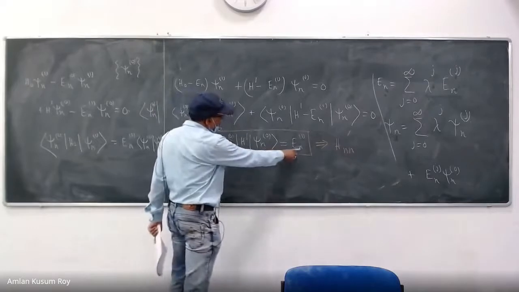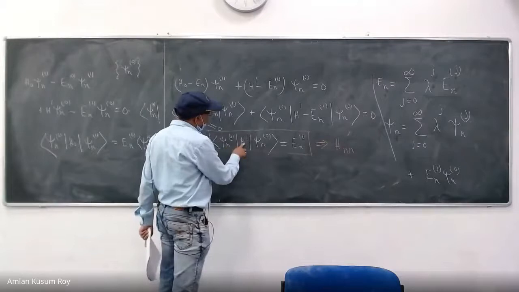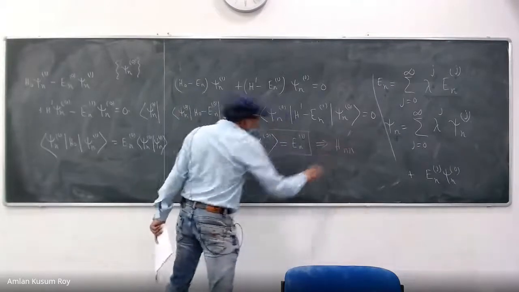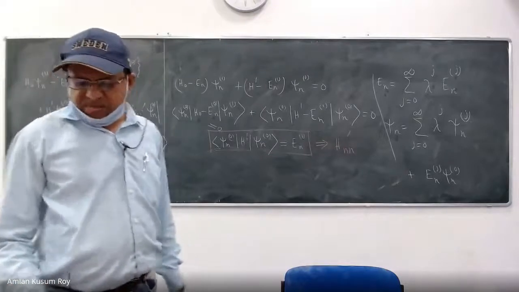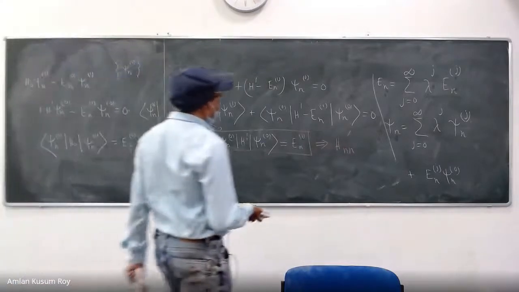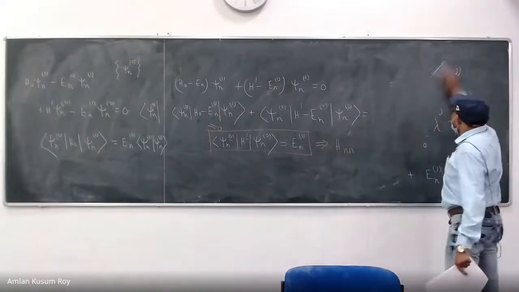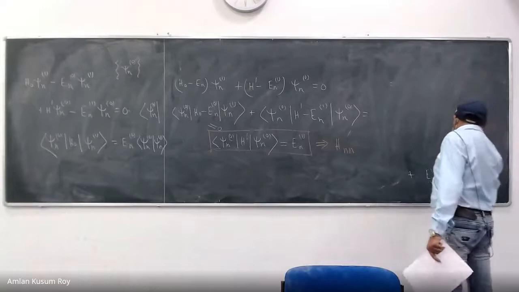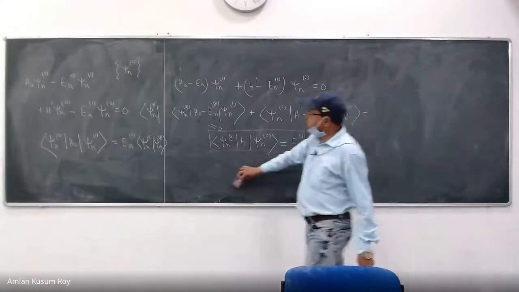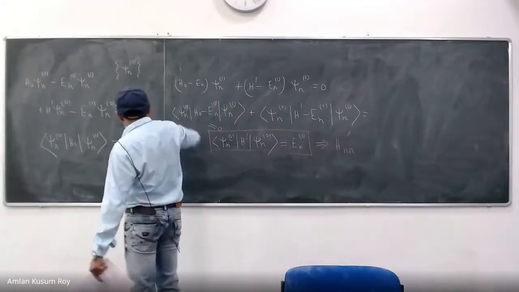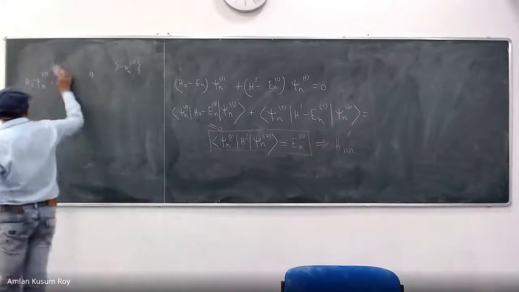So please note this: En1 = ⟨ψn0|H'|ψn0⟩, and we are going to use a notation like this for the future. Very simple equation, as you can see. But this gives us a few things; let us not miss the wood for the trees. What it actually means is that the first order energy correction is nothing but the matrix element of the nth unperturbed state.